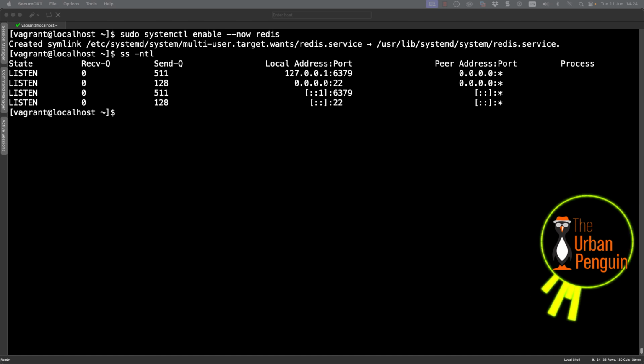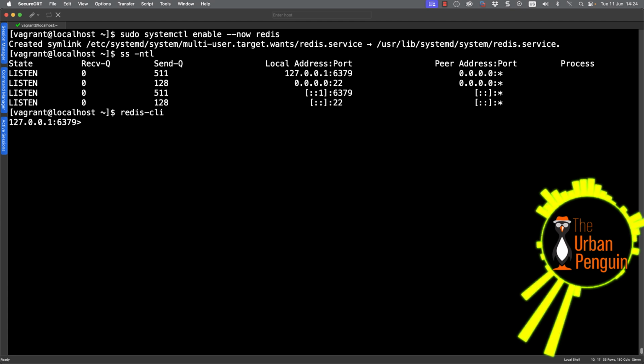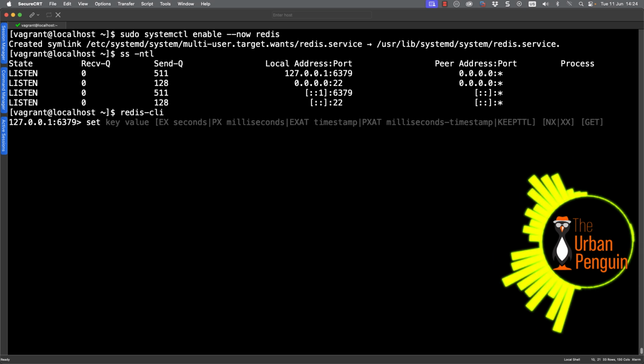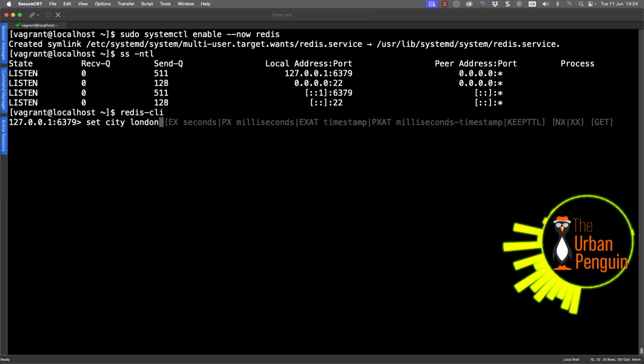Now, to get up and running very quickly with Redis, we do have a command line application, which we run as redis-cli. And we can see then that we get our prompt with the server name and port. And from here, we can then go through and start configuring our keys and values. So as I start typing, we can see that we actually get command line help as well. The grayed out text gives me an idea that, well, if I'm using set, I'm setting keys and values. I can also set expiry for those keys and values if required.